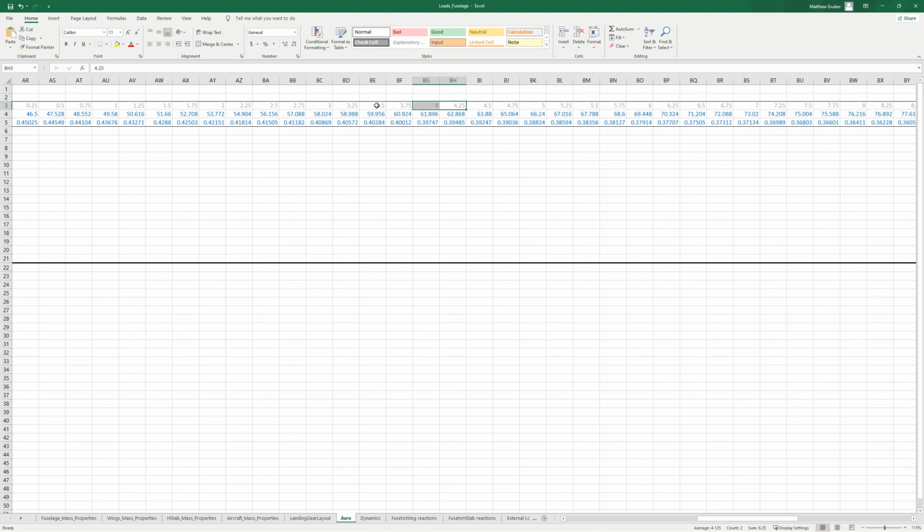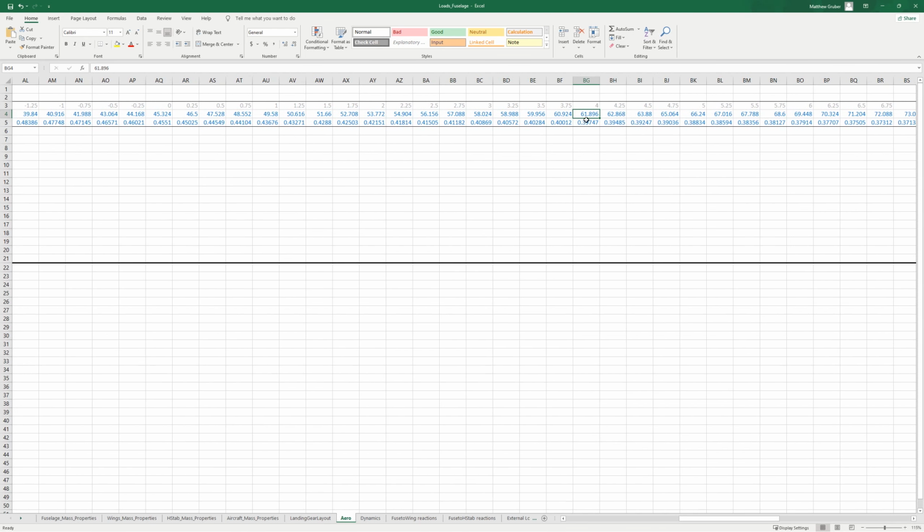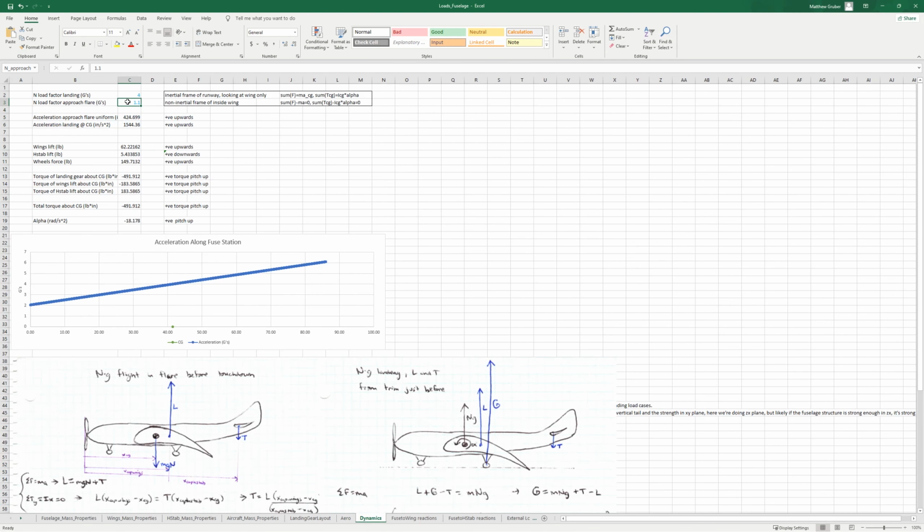So that's what's going on here, is that this is in gray because it's just reference. What's important for the calculation is just at, let's say, 4 degrees, you have 62 pounds of lift, and the COP percent chord is at this 39%. So we can give an example, like let's say we were changing this to 1.5